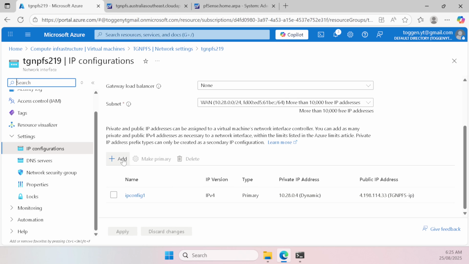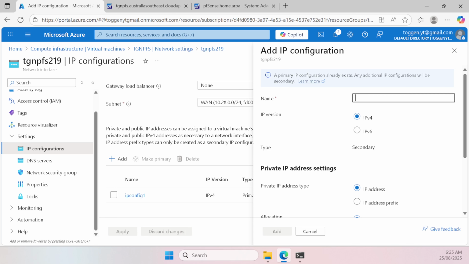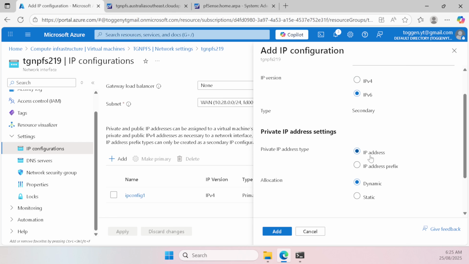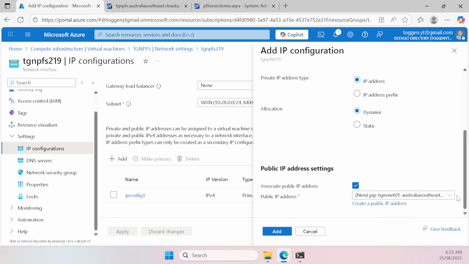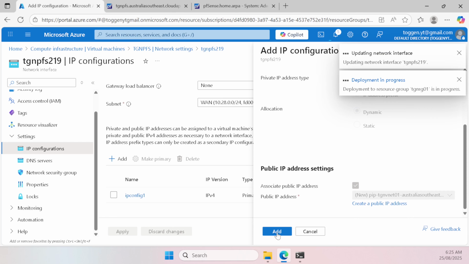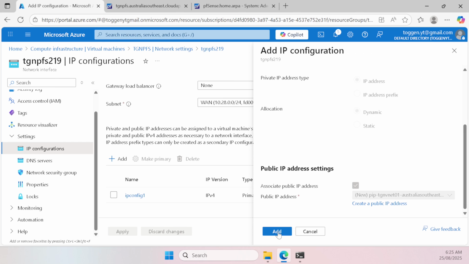So we've got an IP version 4 configuration, but we need an IPv6 config, and we want to say it's IPv6, we just want an IP address, we want it to stay static, and we also want to assign a new IP version 6 public IP address to the WAN interface. So that will take a few moments to deploy,